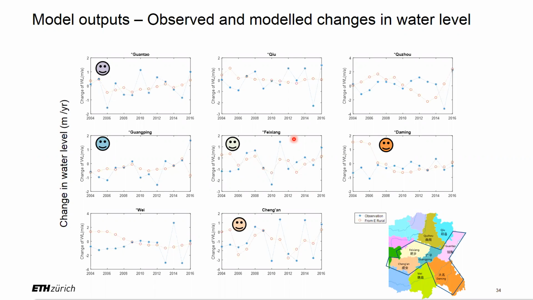We speculate that this is because of the uncertainty of the source of water. For example, in this Wang County, there is more surface water used. So if we introduce this,